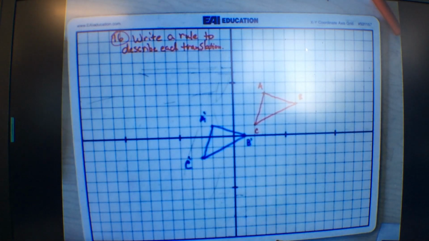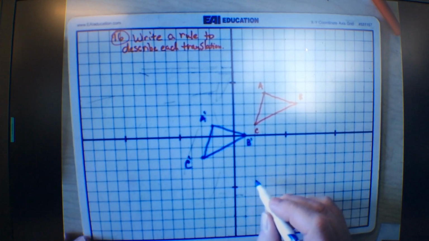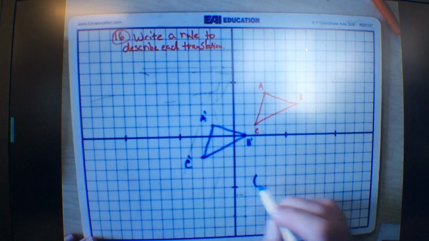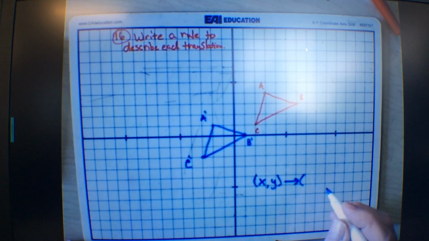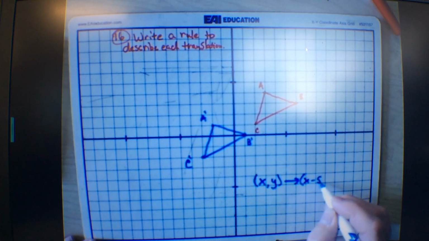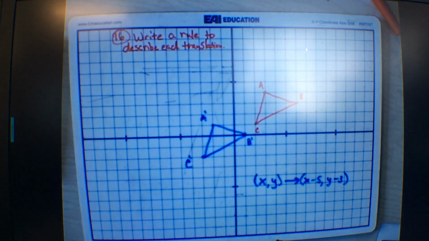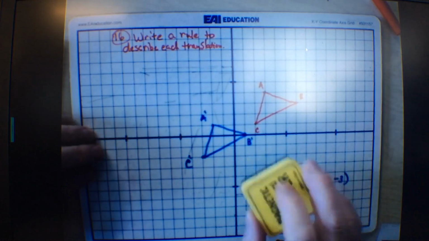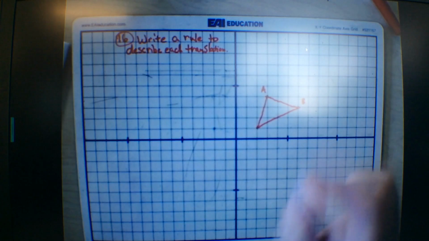So how do we write this? Okay, that's the translation vector, isn't it? There's one on there like that. You'll also have a glide reflection. What does that mean? Okay, so let's go ahead and just use the red one again. We're gonna have a glide reflection. So it might be,